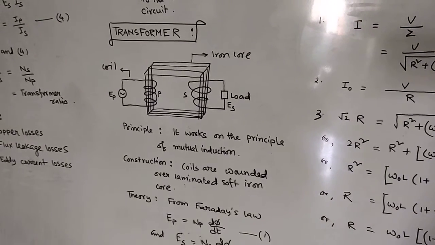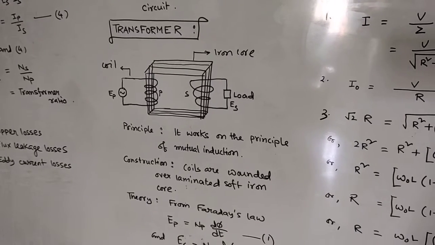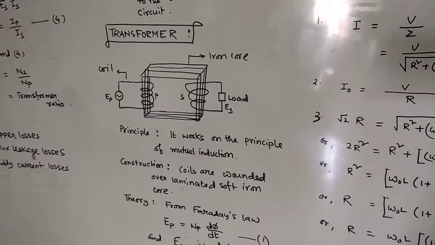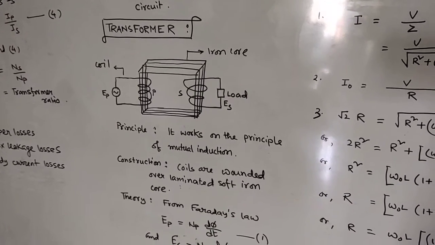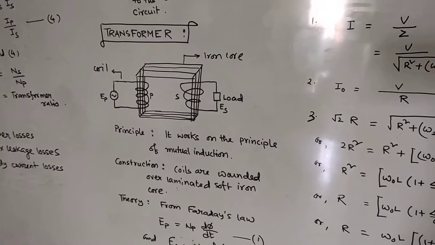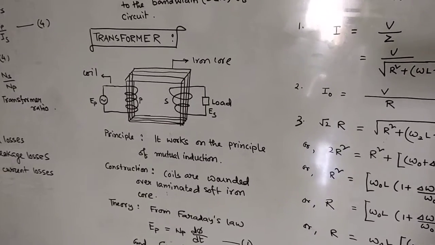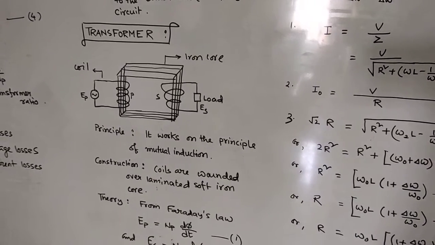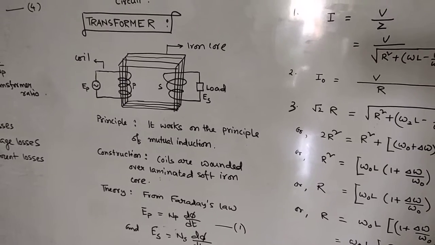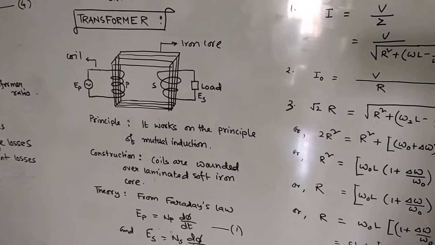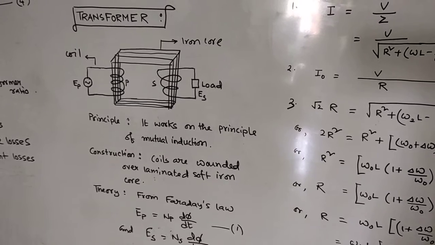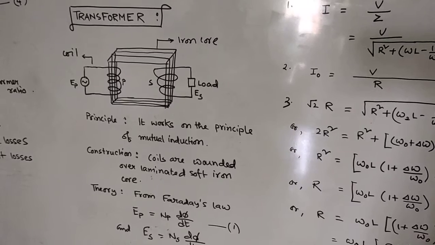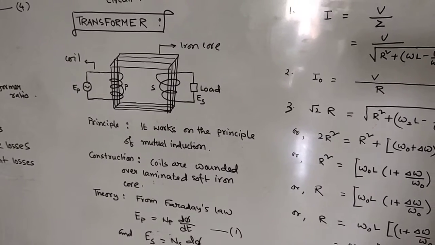Now you see in the primary the number of turns is high compared to the secondary. If that happens, then that transformer is known as step down, because the output is nothing but the secondary, and it is lower. Similarly, if you make the number of turns in the primary less and the number of turns in the secondary high, then it is a step up transformer. It works on the principle of mutual induction. Now what is mutual induction? If a source is connected in a coil, what will happen? Current will start rising, and simultaneously magnetic flux also increases.